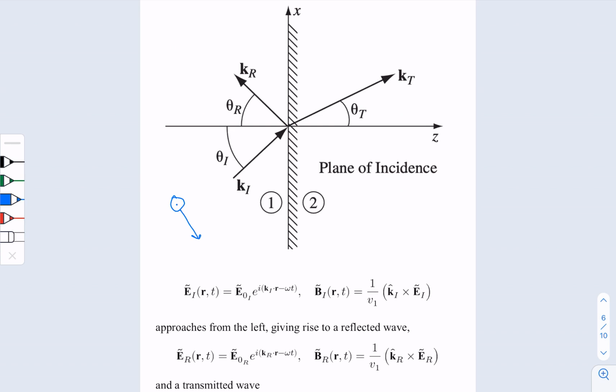So let's say that the E field is perpendicular to the k, but inside of the screen. Now if we do a cross product, the k cross E gives you a B field that is actually going out of the screen. So these two cases might actually be different,